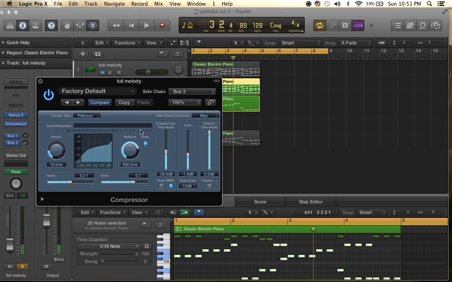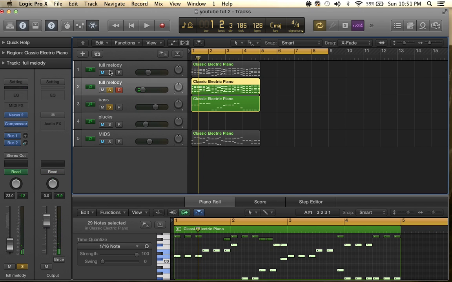See, what I'm shooting for is I'm trying to get it to compress to the number 2 here. So with both of them, you can see it's a pretty big sound already.